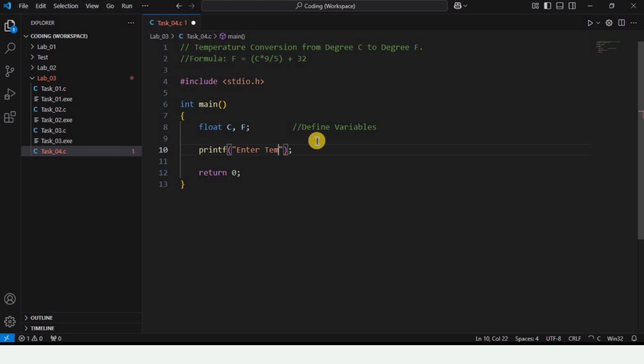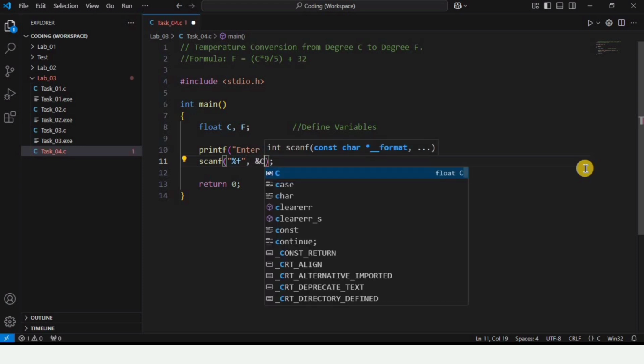Okay, so we need to take input from the user. So here I'm writing printf, and I want the user to enter the temperature in degree C so that we can convert it into degree F. And we know that we use the scanf function in order to take the user input. We are dealing with the float data type, so as a format specifier, I will write here %f,